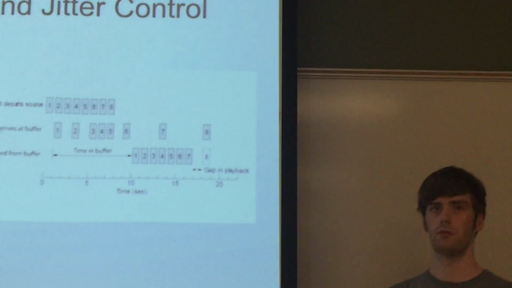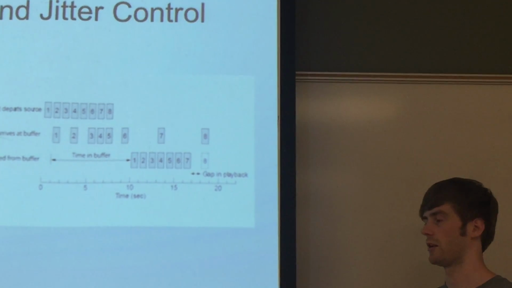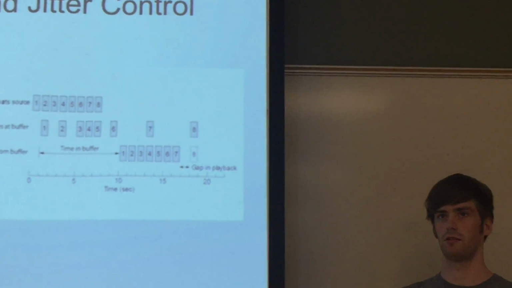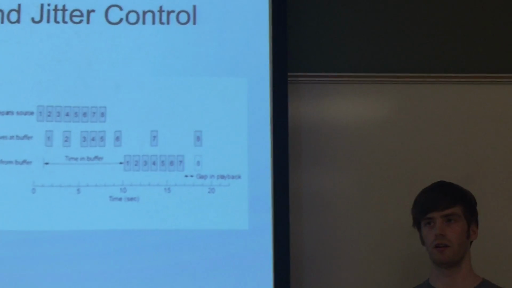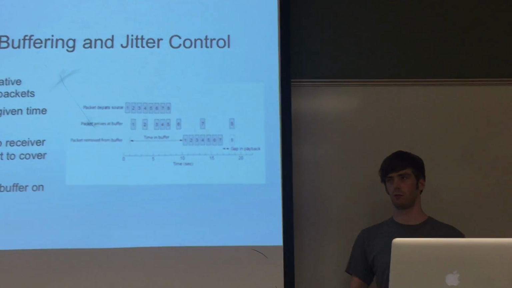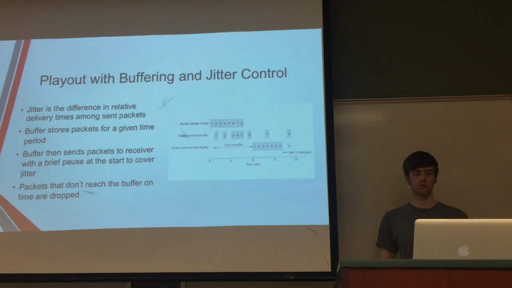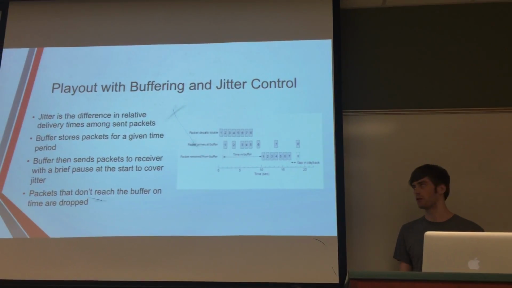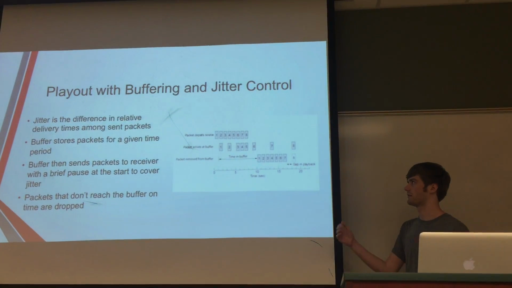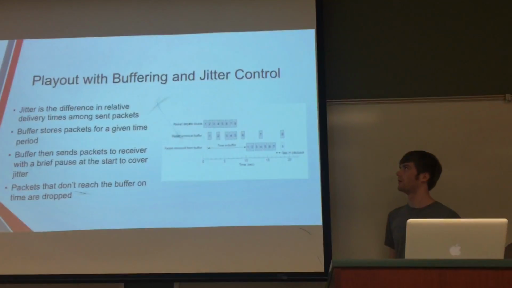Now, if you're streaming like a Skype message or something, you probably want to skip over because, like we talked about earlier, you don't want to necessarily play it back after it's useful. But if you're watching a YouTube video or listening to music, you're more concerned about the quality of that, and you'd rather wait for it to come than just skip over it. Now, it is UDP, so after a certain point, you might just have to skip over it because you're not necessarily guaranteed to get that back. It could be lost. But that's jitter control. And we did implement the buffering part of jitter control, and that's